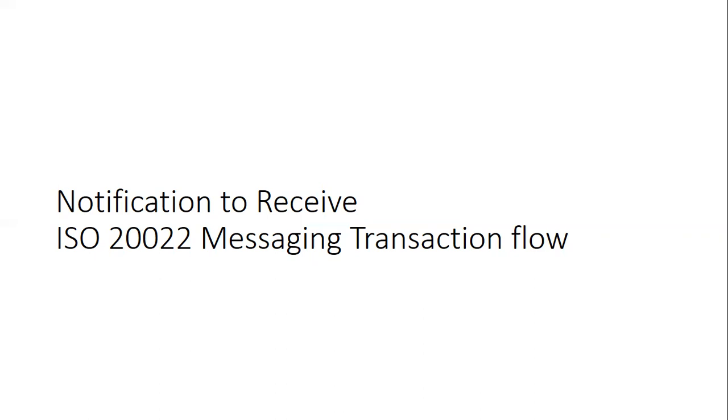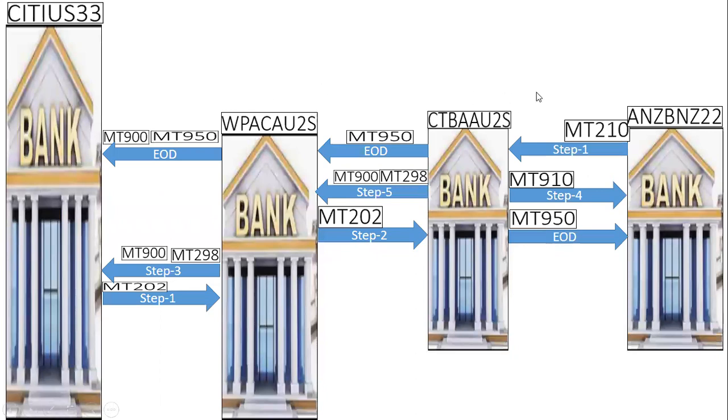First, we'll take an example of our MTs, and then we'll compare it with the respective ISO 20022 messaging. So let's get started. As you can see in this picture, ANZ Bank, which is in New Zealand, has informed Commonwealth Bank of Australia by sending MT210, which is a notification to receive message,